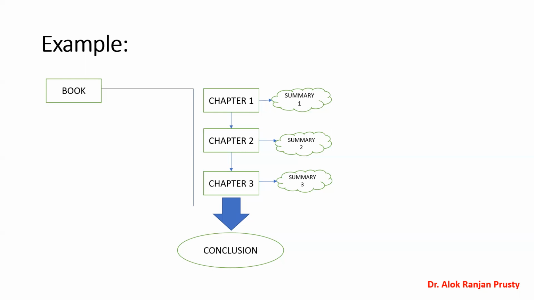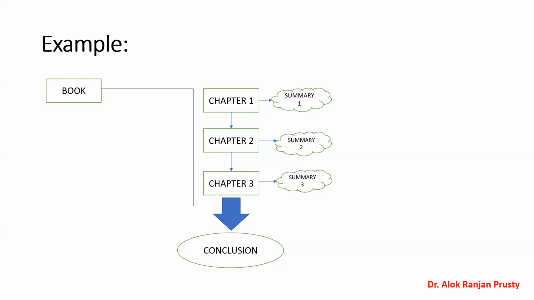Now these summary 1, summary 2 and summary 3 are giving the ideas about chapter 1, chapter 2 and chapter 3 respectively. It contains the point-wise descriptions of chapter 1, chapter 2 and chapter 3. But whenever anyone asks